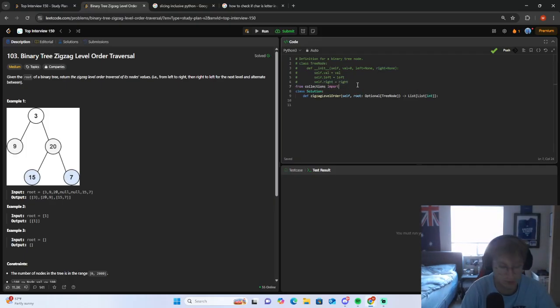Collections, import deque, right? We want to make our queue. So let's do q is equal to deque. We probably want to pass in the root, and we want to pass in 0 for the level. While q, we want to get the length, so the length is equal to the length of the queue, okay? And for i in range length,